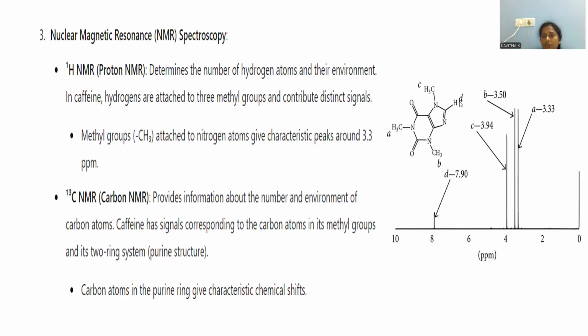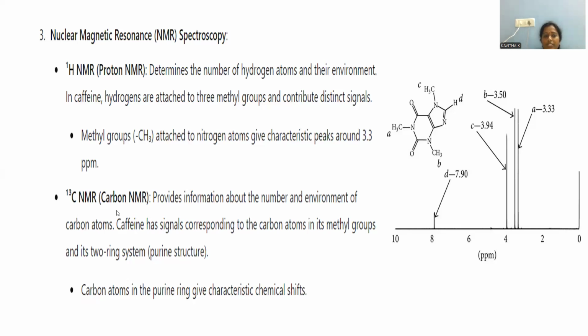Apart from this, here you can also notice another peak for this fourth hydrogen, that is the imidazole ring hydrogen, right? Sorry, the A peak is regarded for this methyl. A methyl protons will be there, B methyl protons are given for this one, C methyl protons are given for this one, and the D proton is at the downfield shift. Values are recorded as parts per million, ppm, and TMS is taken as an internal standard in proton NMR.